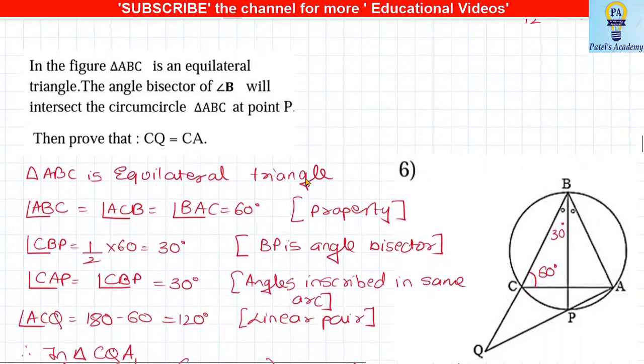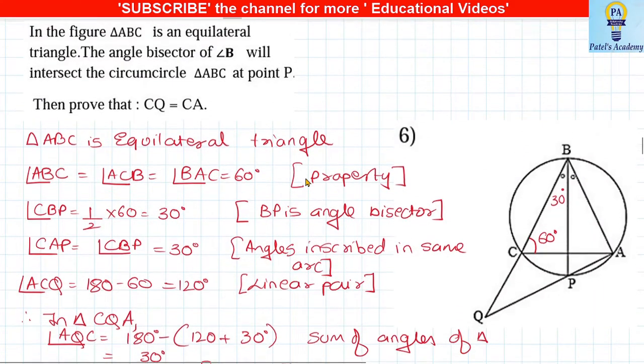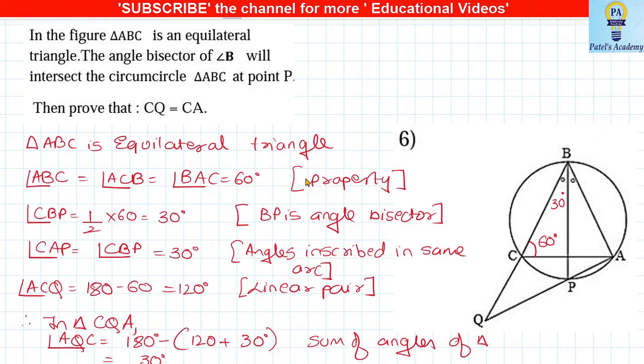Now the next sum, students, just have a look at the question. They have given triangle ABC is an equilateral triangle. So we know that each angle is going to be 60. That is the second step I have written here. I'll just put a tick. All angles are 60. And in the question they have given the bisector of angle B. So see the figure I have shown here. I'll just highlight. Yes, this part I have shown. It is a bisector of angle B.